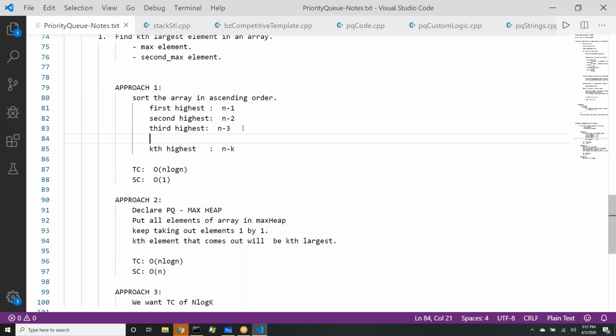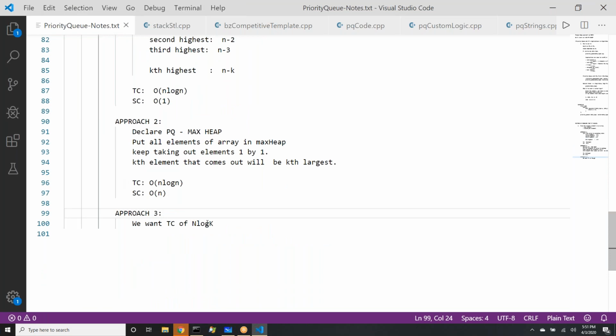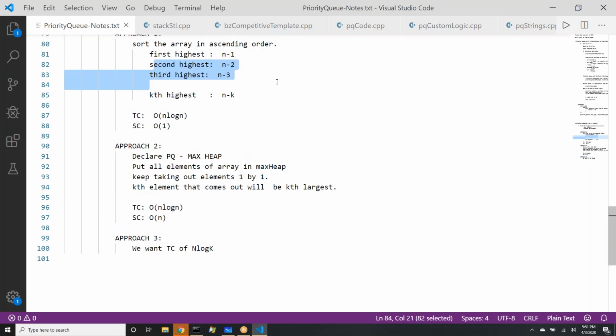But if k is changing dynamically, and imagine total array size is 10 to the power 6, then k can be anything. K can be 10 to the power 6 also. You cannot take that many variables like we do in max, second max, or third max, right? So for the generic case, this is the best we can reach. And now with priority queue, we have to think, how do we apply priority queue to solve this problem? Once you solve this pattern, you will see there are 4 or 5 problems that we can form on this pattern itself.